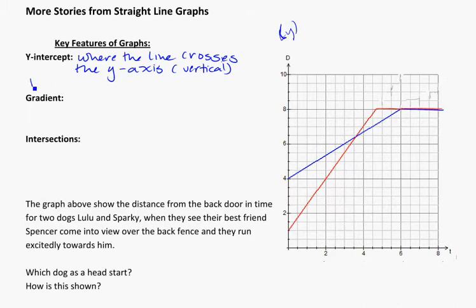So specifically here, the y-intercept for the blue line is going to be equal to 4 in this case, because it's crossing the line here, it's going through it at a value of 4. So the y-intercept here is when y is equal to 4. And for the red line,